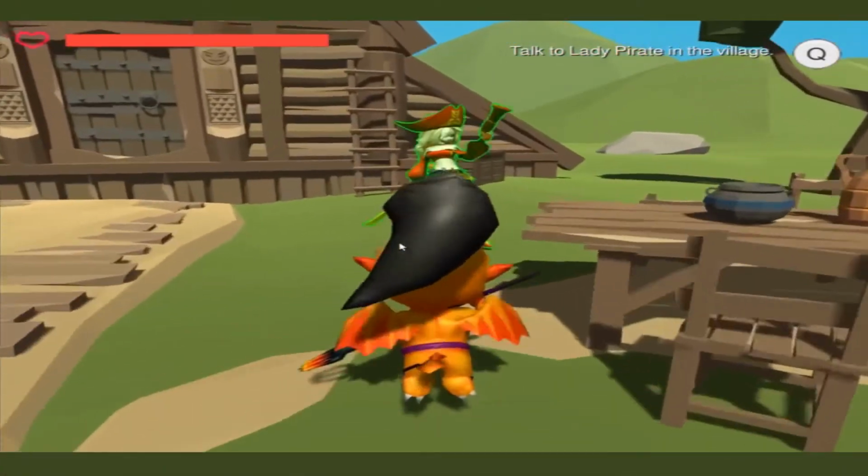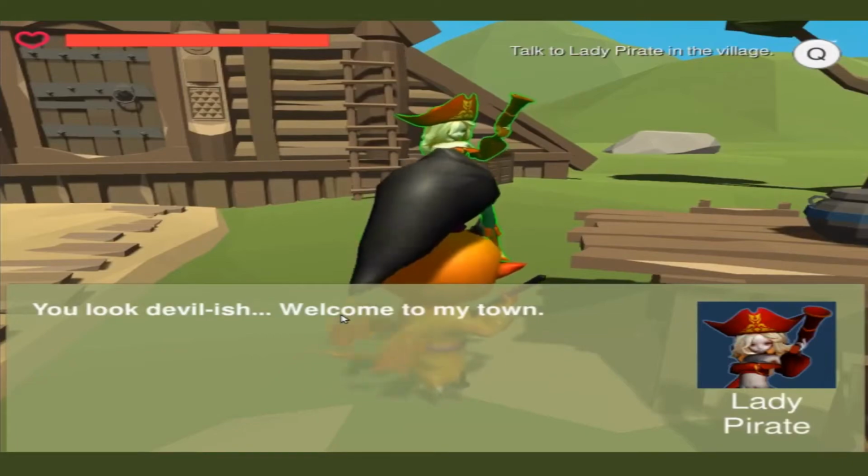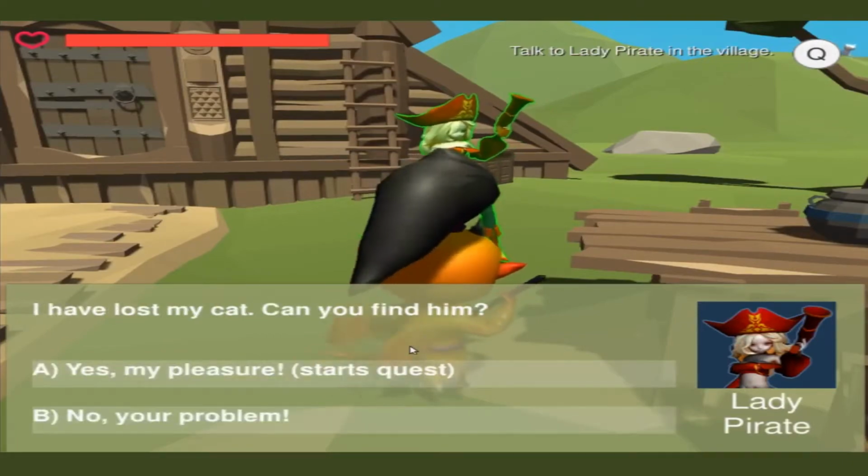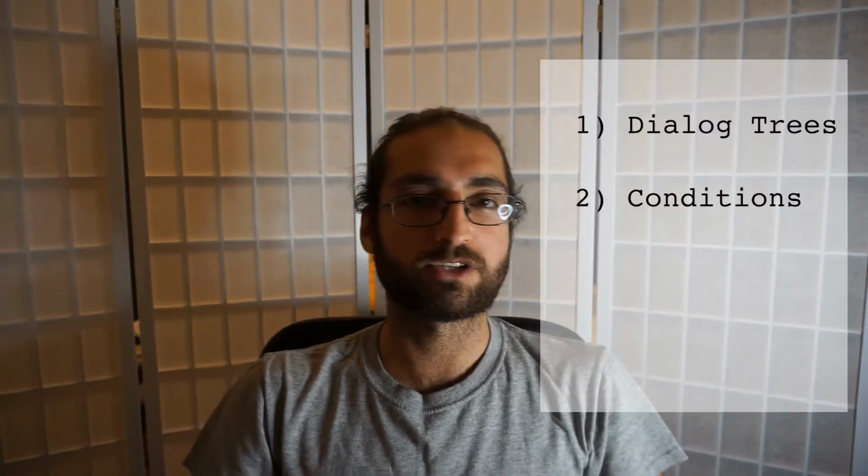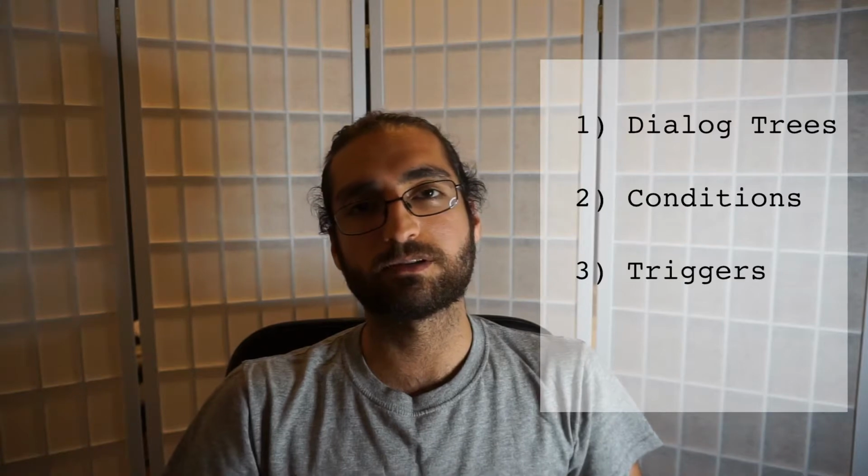The third one is a trigger. A trigger basically starts a conversation. It can be the human player walking up to an NPC and pressing the action button, as is probably the case with most RPGs, or it can be another event somewhere in the game world, maybe an explosion or something else. So to recap, these are the main features of a dialog system: dialog trees, conditional filters, triggers, and actions.